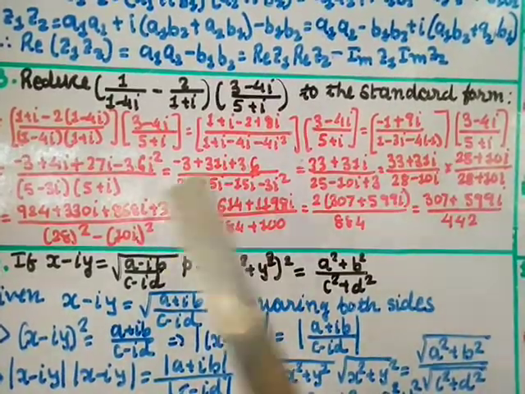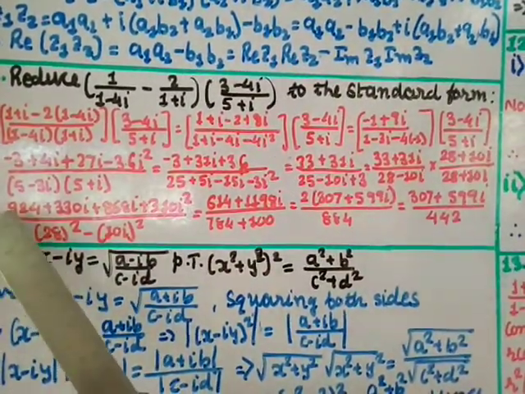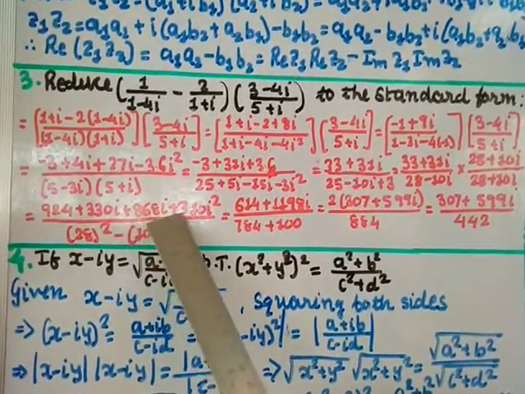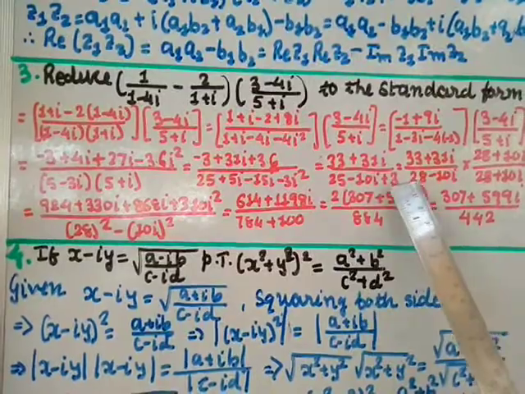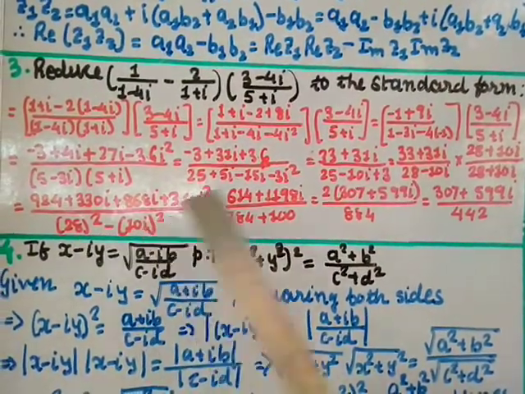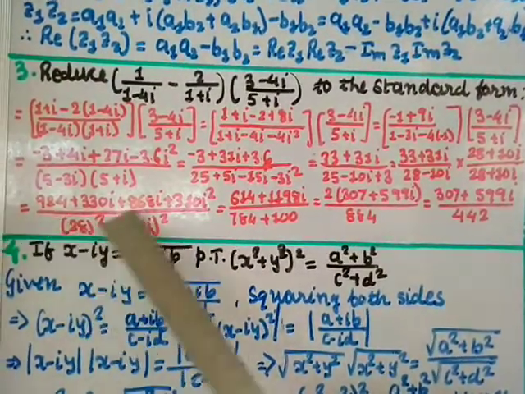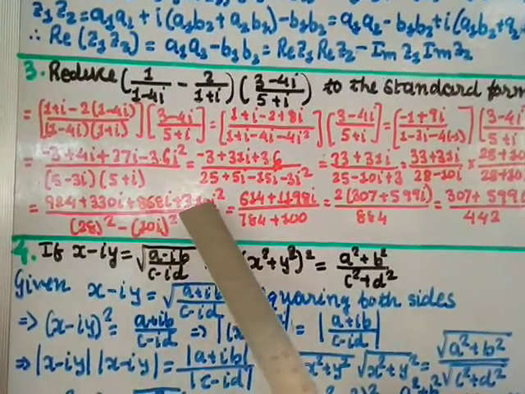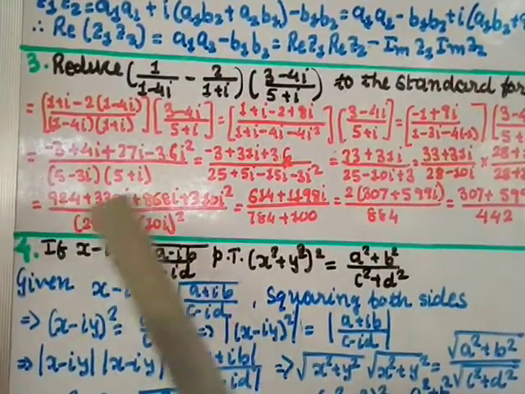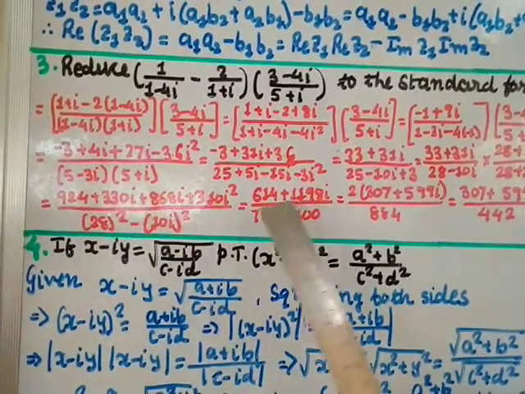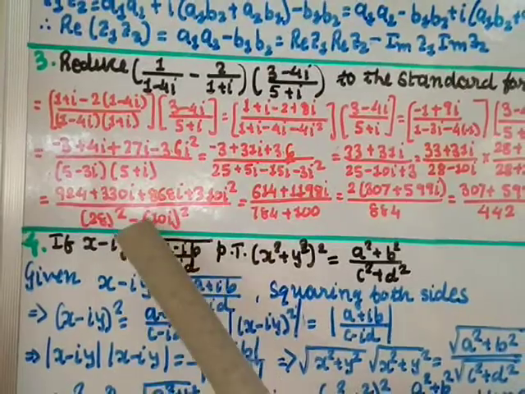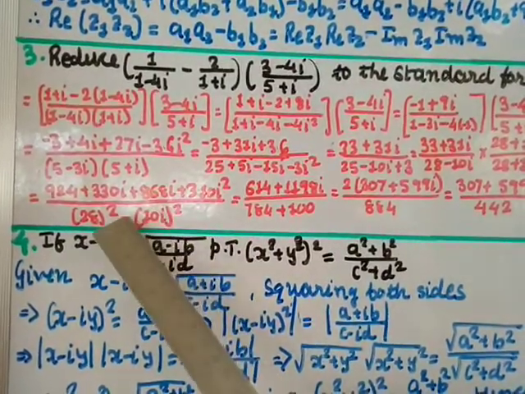So 33 into this, when you multiply this with this, you get value as 924 plus 330i plus 868i plus 310i square. And this is a minus b, a plus b. So this gives you 28 whole square minus 10i whole square. Okay, this square minus this square. When you simplify, here i square is minus 1, so this will give you minus 310 and this is 924. So when you combine these two, you get 614 and this you combine, you get plus 1198i. 28 square is 784 minus 10 square is 100, i square is minus 1, that's why this will become plus.